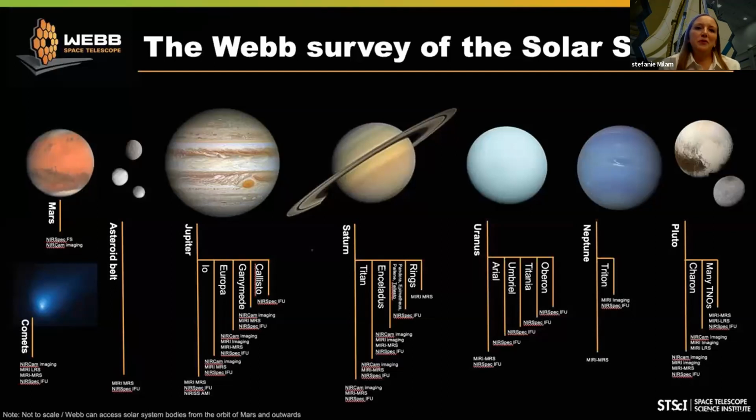While we're talking about planets, we should also remember that planets aren't all like Earth. We have a lot of interesting chemistry going on within our own solar system and our own planets and satellites. So in the first year of observations with JWST,